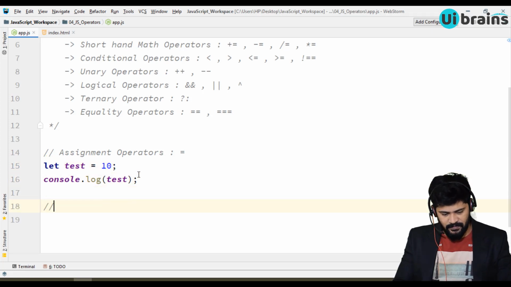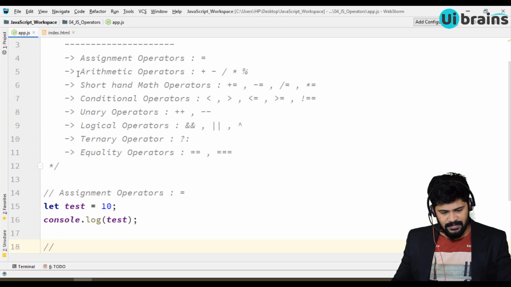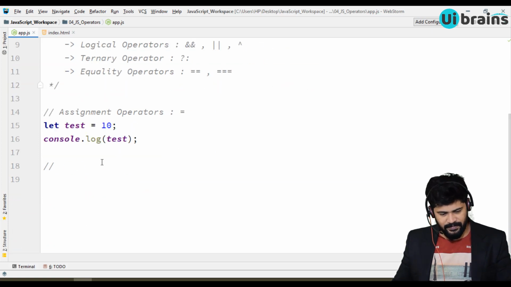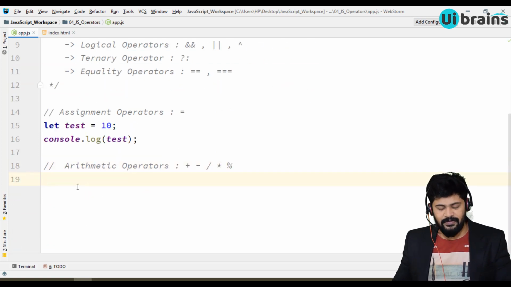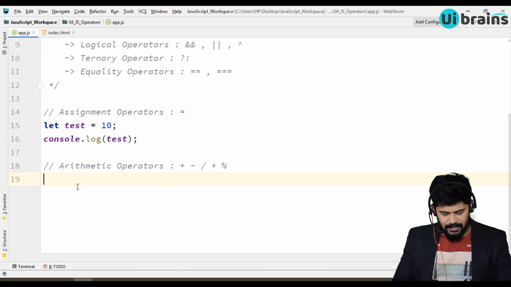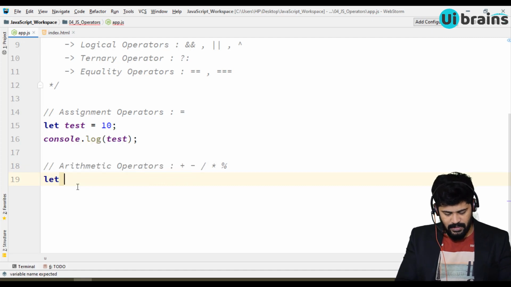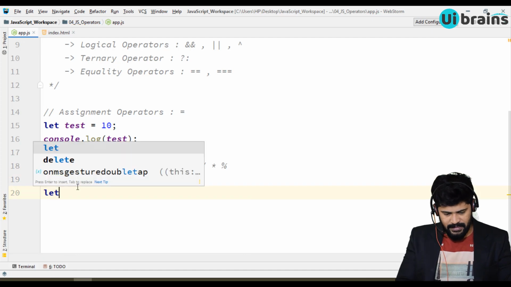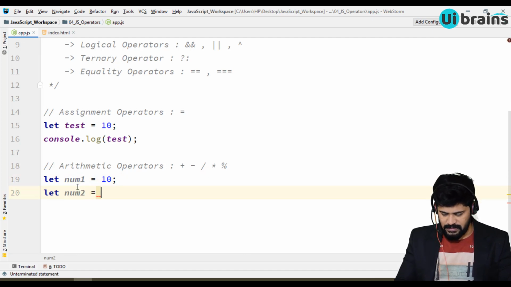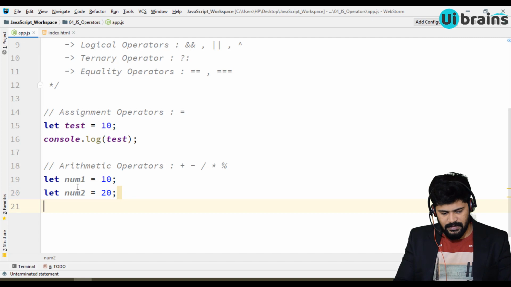Next, we have arithmetic operators. You can perform some arithmetic operations using these operators. Let's see here. I'll take let num1 is equal to 10, and let num2 is equal to 20. So I have two variables.